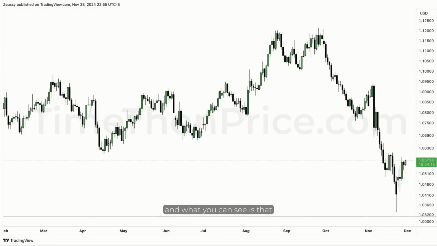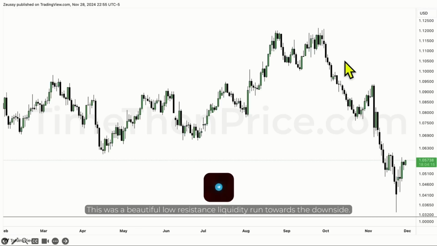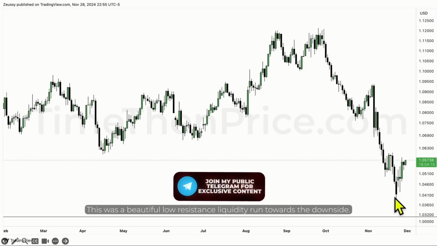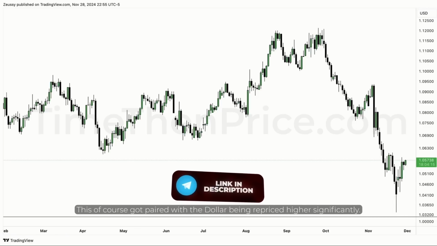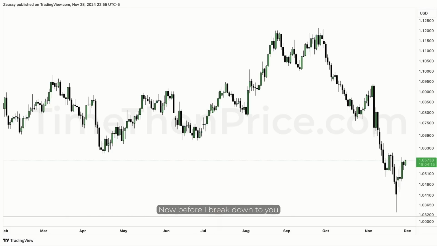And what you can see is that the Euro has seen a massive sell program taking place the past 2 months. This was a beautiful low resistance liquidity run towards the downside. This of course got paired with the dollar being repriced higher significantly. Now before I break down to you how this Euro move was anticipated and how I called this live all